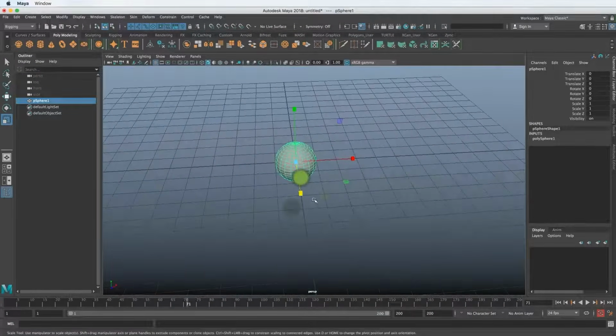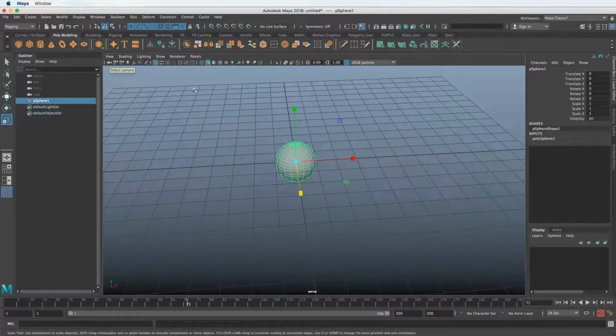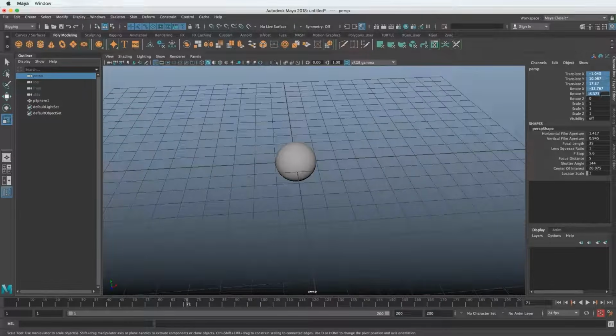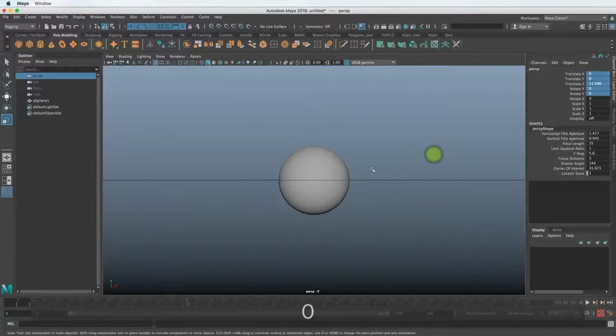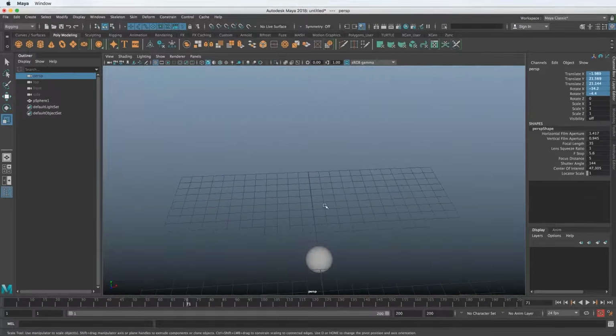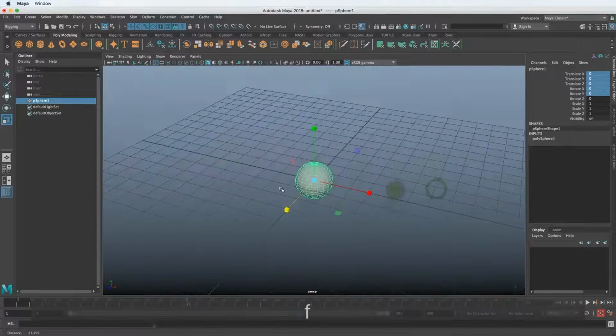And if your camera gets too crazy, you can always select it from here. Select camera, which is whatever camera this viewport is, we'll select it. You can also select it from the outliner because we know it's persp, perspective. And you can see now we have all the values here, and we can just zero those out if things got too crazy. And of course, now we're inside the sphere because we're at 0 world space. And now you can see I'm rotating from some crazy point out there. I can select my object, hit F, and now I'm rotating around it and I'm back.